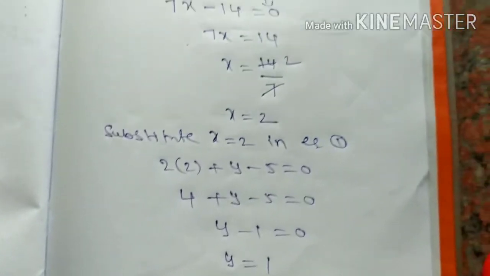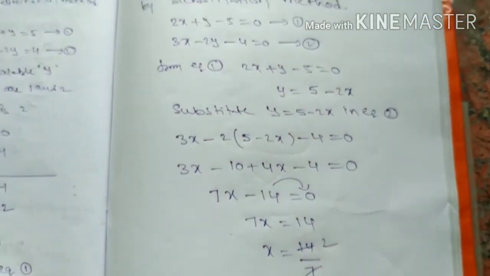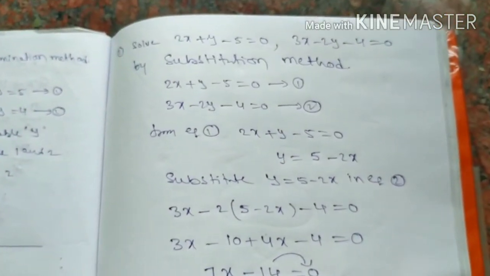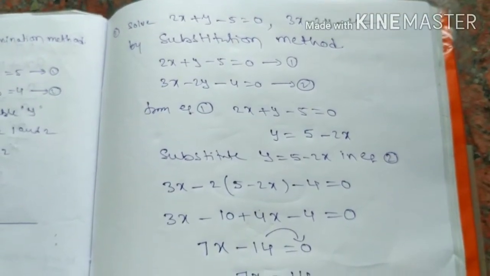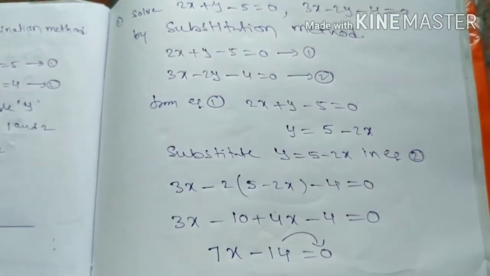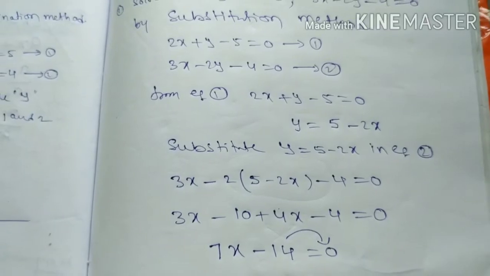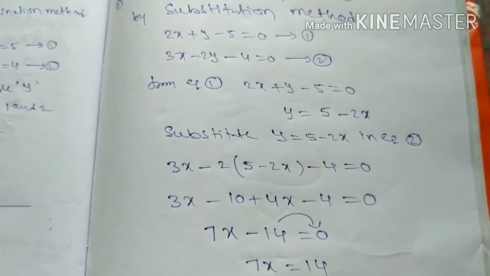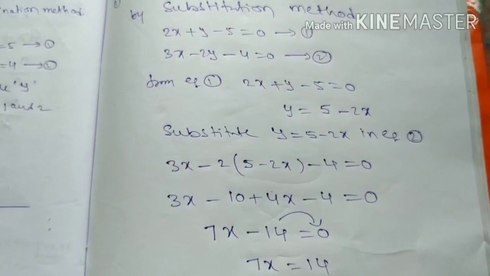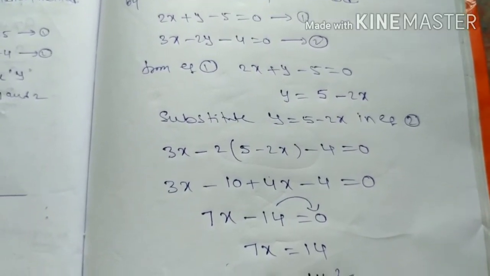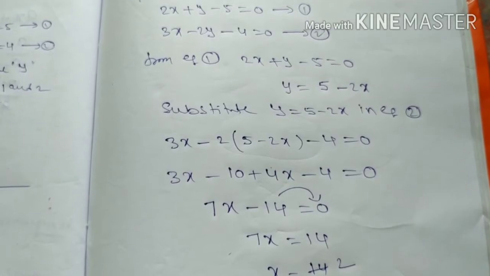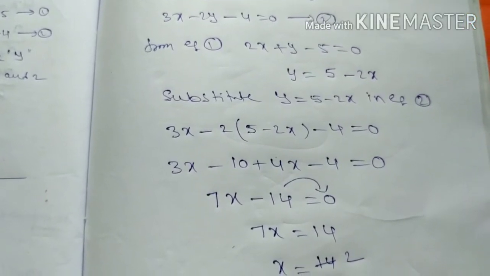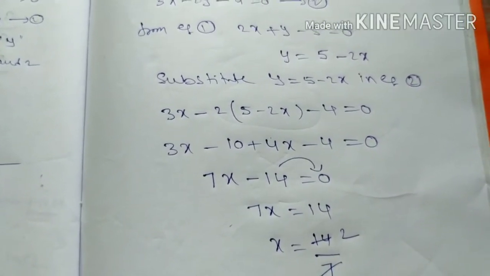So finally once observe, this is the substitution method. What is the method? Substitution method. See once. First two equations are given. From the two equations, one is equation number 1, second one is equation number 2. Any one equation you can select, either equation number 1 or 2. Equation number 1 selected, from that y taken as subject, remaining minus 5 sending right side plus 5 minus 2x. Substitute y is equal to 5 minus 2x in another equation, means second equation.